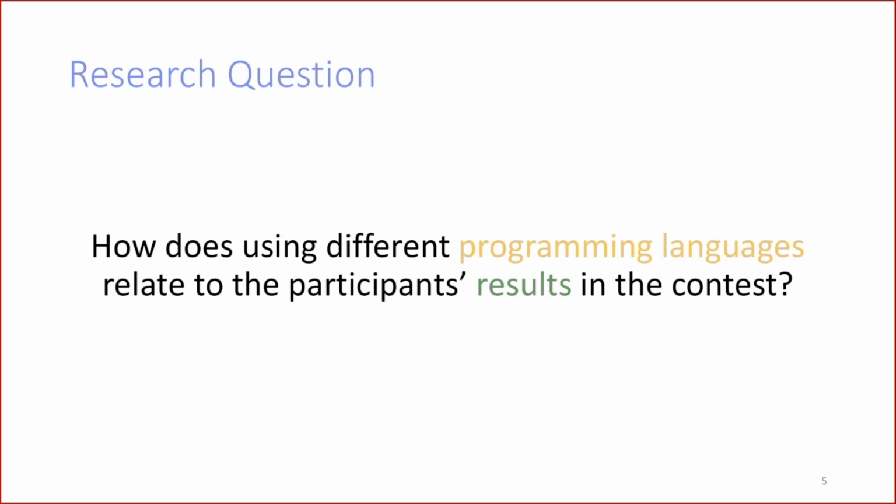Okay, and there are 3 key parts of this research question. First of all, two qualifications really. We didn't consider all participants, first because it was very impractical. It's a colossal amount of data, and even if you analyze very simple statistical models, it takes weeks. So we focused on what we call experienced participants. What does it mean? Essentially, we have a threshold on the number of editions and participation rounds that a person should take part in. We don't want people who just participated once or twice and then gave up or were disqualified immediately, right? So we selected that.